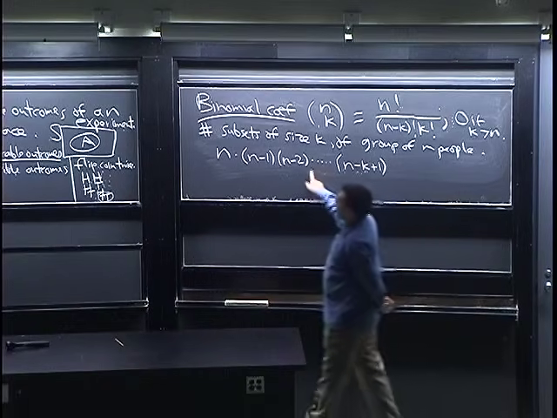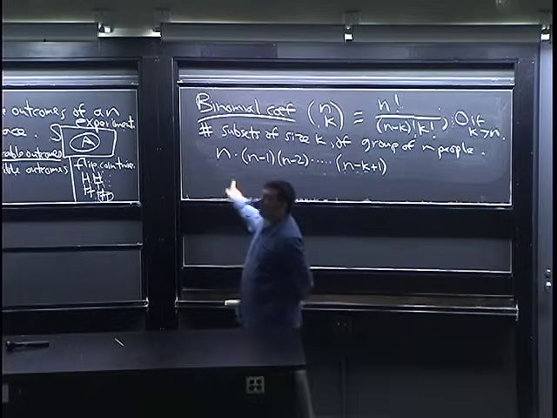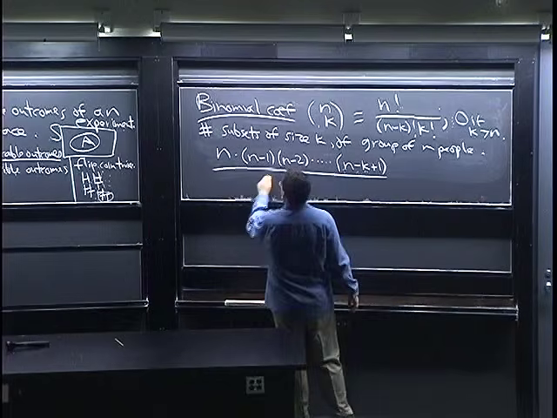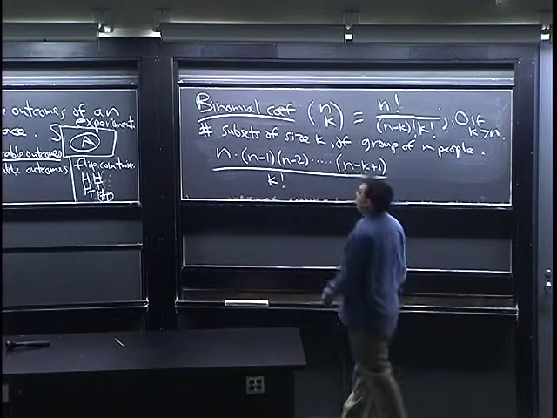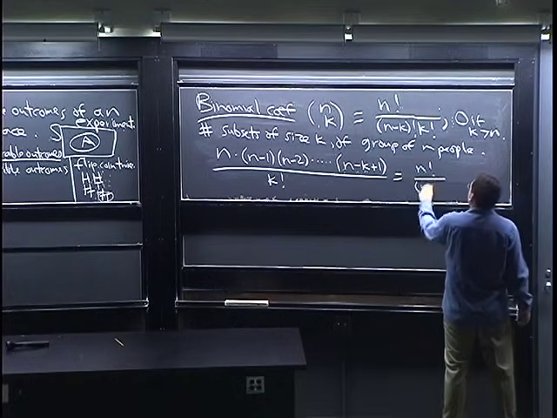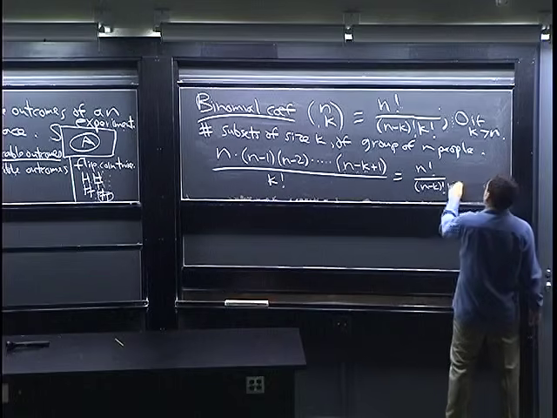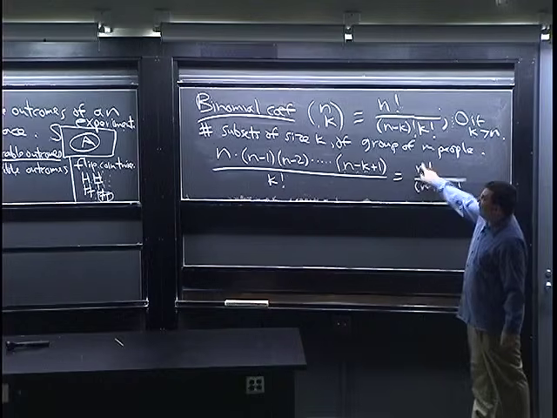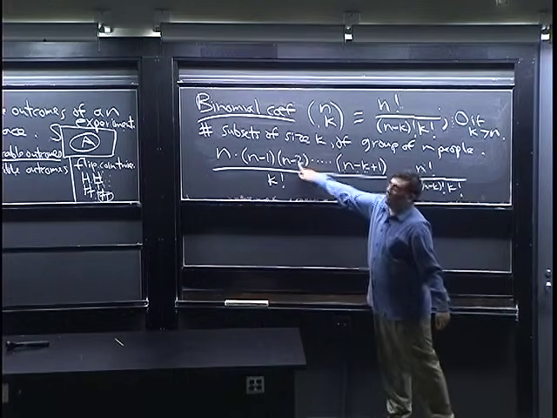So that would be the answer if we were picking people in a specific order, okay? But these k people I just selected, I could have chosen them in any order, right? So I have to divide this by k factorial because I've overcounted by that factor. And that's actually the same thing as n factorial over n minus k factorial,